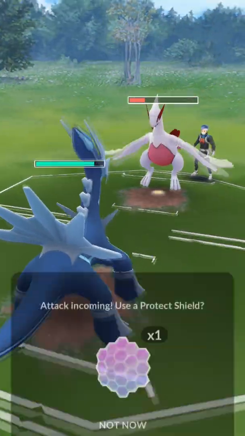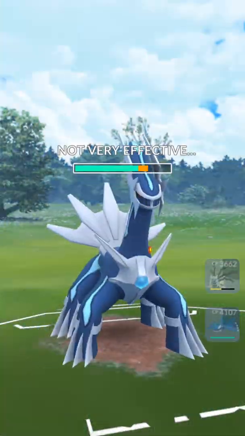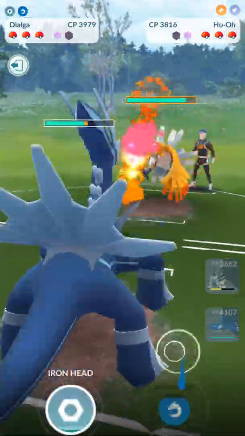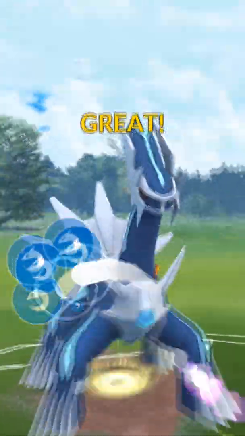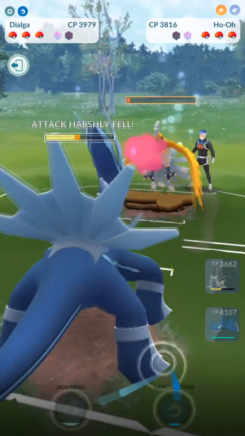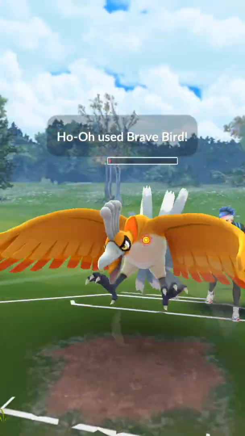And then we want to preserve the Giratina, so we're going to switch to Dialga just because we want to, again, stay in a good spot. And we can tank these Sky Attacks, no problems. But then they switch over to Ho-Oh, so I just thought, you know what, let's just go for Draco Meteor. Maybe they're not going to anticipate it. And they don't anticipate it, so now in comes the Ho-Oh,